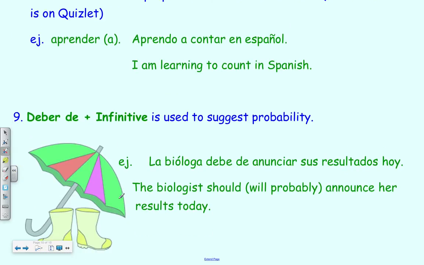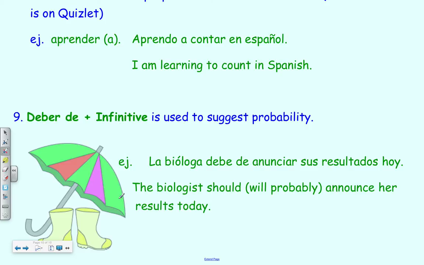And then last but not least, deber de plus the infinitive. Deber can take the preposition de, and since de is a preposition, we're going to follow it by an infinitive, and it means probable. Okay, probable. It's another way of expressing probability. You can use the future tense in Spanish to express probability, or you can use deber de followed by an infinitive. Example, la bióloga,